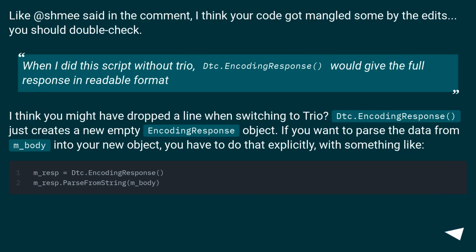Like it's me said in the comment, I think your code got mangled some by the edits. You should double check. I think you might have dropped a line when switching to Trio. DTC.EncodingResponse just creates a new empty encoding response object. If you want to parse the data from M_body into your new object, you have to do that explicitly, with something like